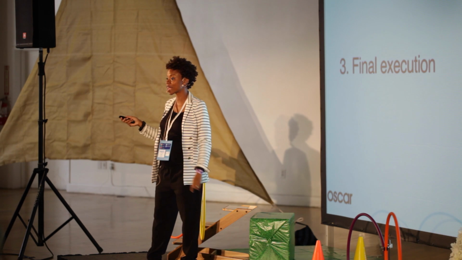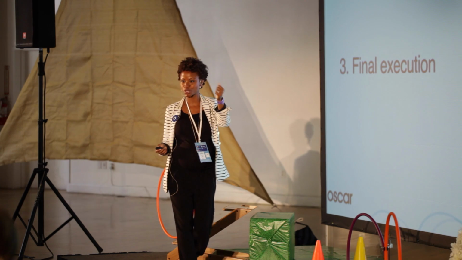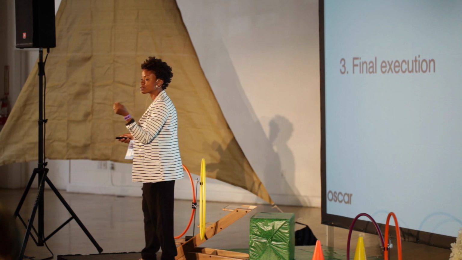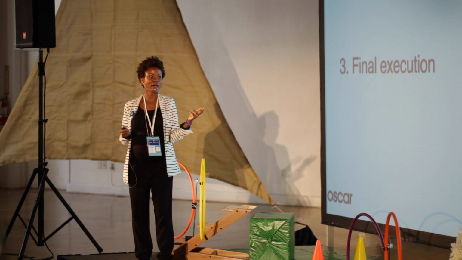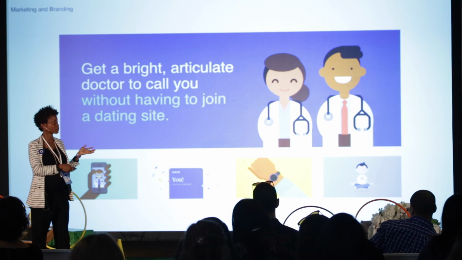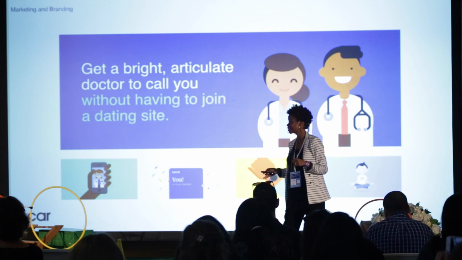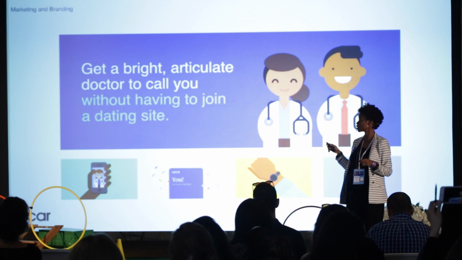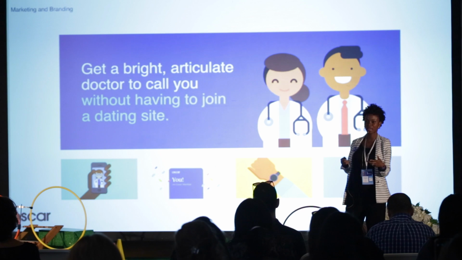So, getting to the final execution, you've got to have your brief in hand, your strategy. Make sure you keep that with you because it's part of your process of evaluating what you think you should do. Your work should track back to that strategy because that's your North Star. But now you've seen where we started. This is an example of where we've ended up creatively with Oscar. That same kind of humor, that same feel, picking up the illustrated characters that we developed for TV or video spots, but evolving this to be a more sophisticated campaign.